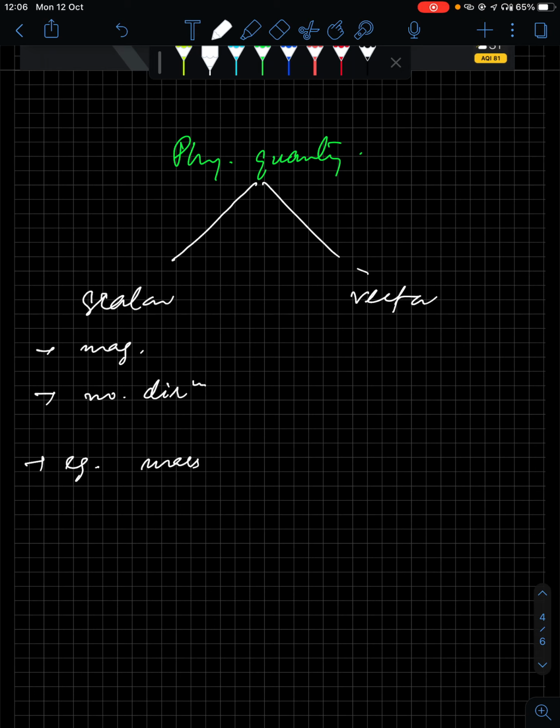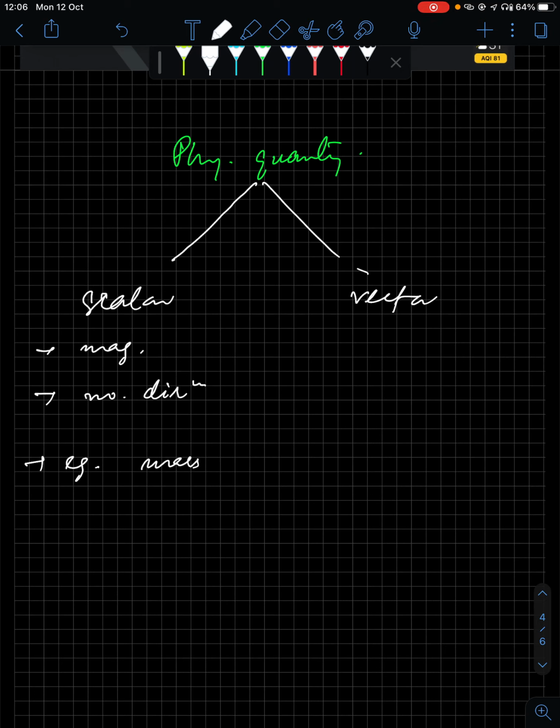Now, if I ask you what is your weight, you will straightaway tell me 50 kg, 60 kg, 70 kg, whatever, right? But that is not the weight. Since the unit is kg, it is a mass, right? So if you go to the moon, your mass will remain the same. If you are 50 kg, you will remain 50 kg there, right?